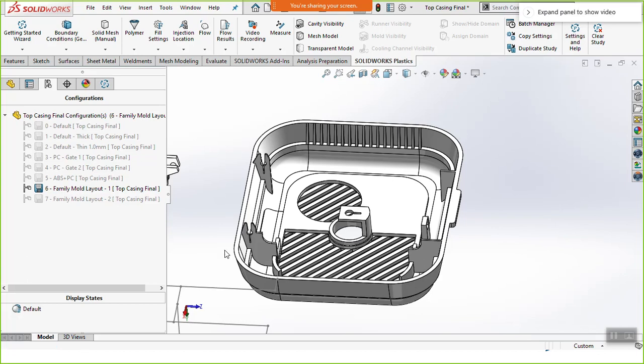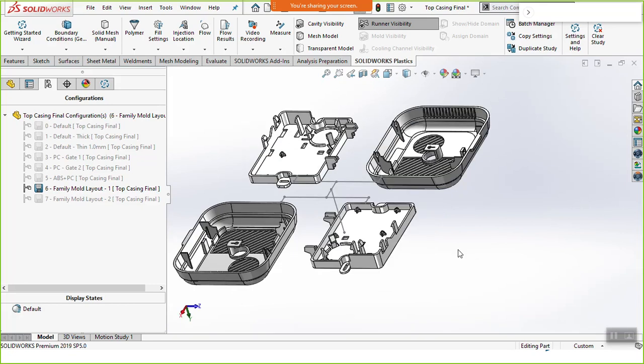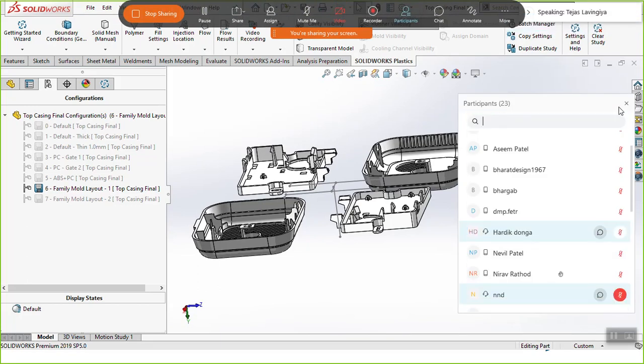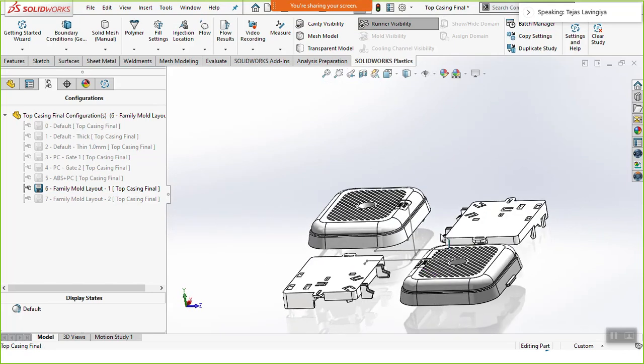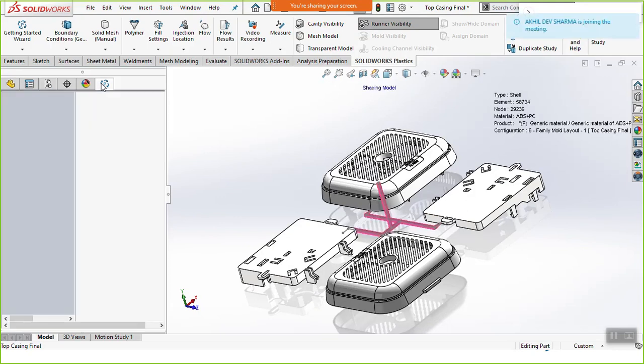Whenever we talk about an injection molding machine, we have to create the mold in such a way that the maximum number of parts are getting out of the machine. You can see here I am creating two sets of smoke alarm in this case.